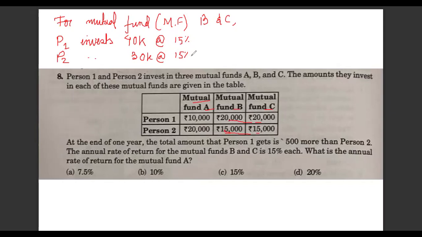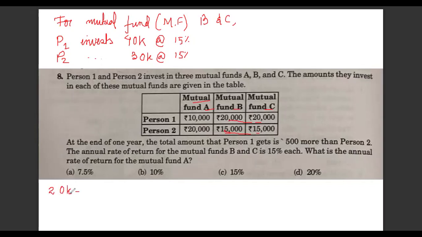Getting, right? P1 exceeds P2 by 11,500. If you take the sum of this, you get 50,000, and the person 2, you get 50,000 each. But after involving all these mutual funds B and C, B, C and A, P1 exceeds P2 by another 500 rupees. So the difference in return of mutual fund A is 11,000, which is equal to